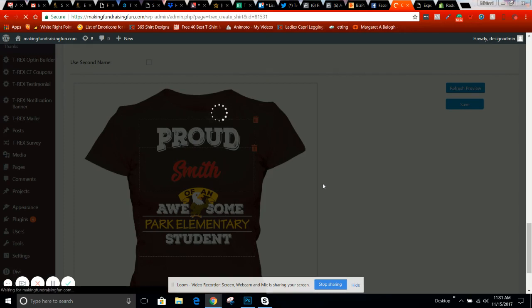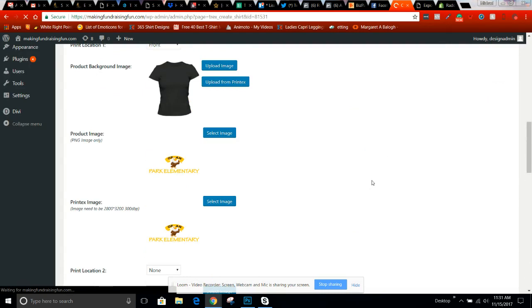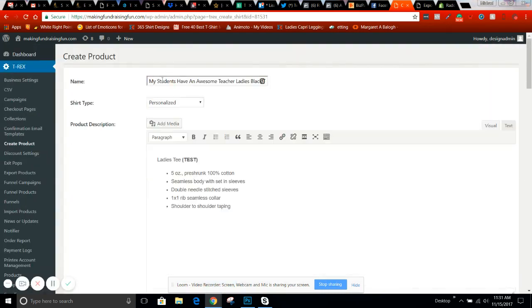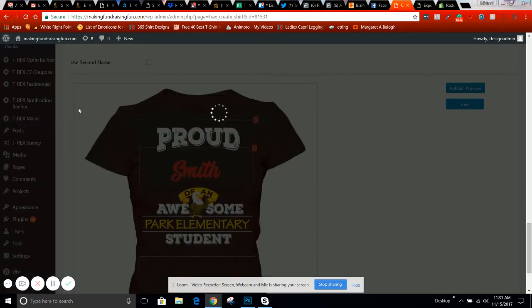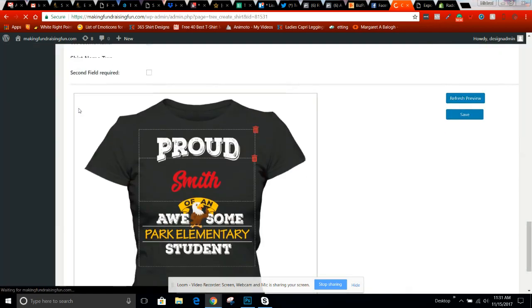Just remember the name of this. This is going to be My Students Have an Awesome Teacher, Ladies Black Tea. You're probably going to have two of these to add to your campaign, and you won't really know which one is which until you get there. Once you have saved this test product that you want to test with your Stripe,